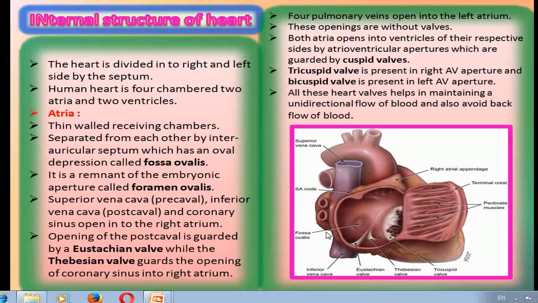किसी का बचा हुआ टुकड़ा बाद में रह जाना, इसको कहते हैं remnant. Foramen ovale is an opening or shunt in the heart tissue, allowing blood to flow from the right atrium to the left atrium during fetal development. It usually closes 6 months to a year after the baby's birth.